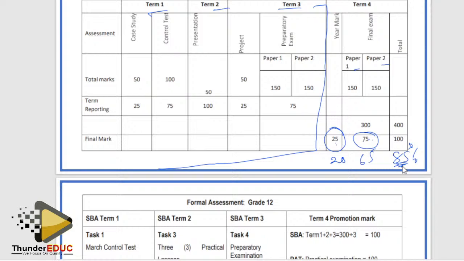Let me check on the comments before I continue. So how do you combine your SBA and the final mark to give your final mark? That's what I was trying to say. It means the final mark you get is calculated the same way I've shown you: the SBA you got 20 out of 25, and the other one you got 65, which is around 130, for example, out of 75. Then when you add, you get 85%. Is it clear? Yes.